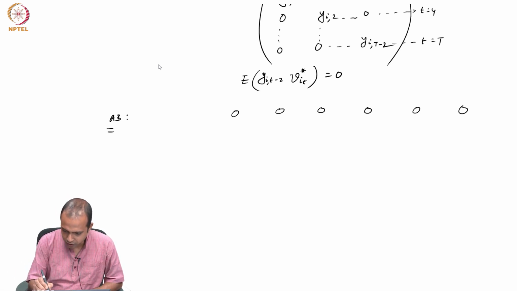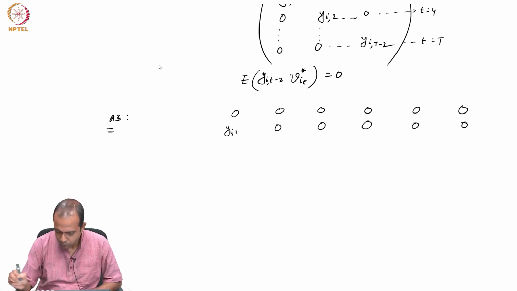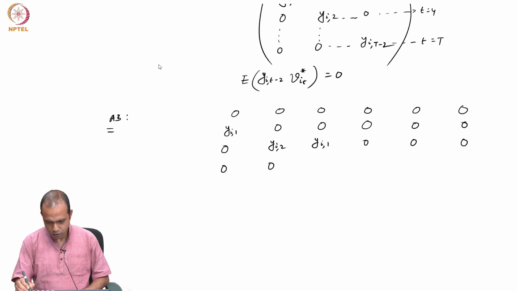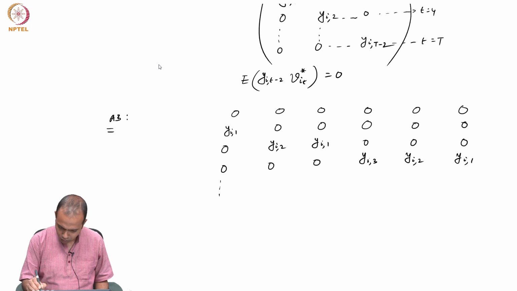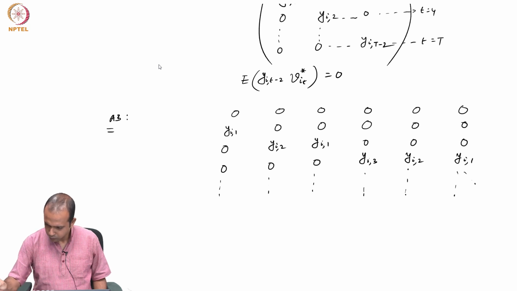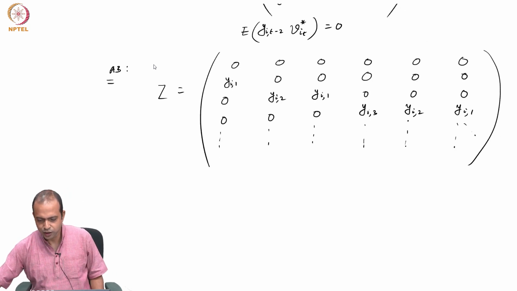So then we said that in Arellano-Bond's approach, our instrument matrix was this. Right. So this is yi1, and then this is yi2 and yi1, and then 0, 0, 0, yi3, yi2, yi1, and so on. This is basically your Z matrix in Arellano and Bond's method.